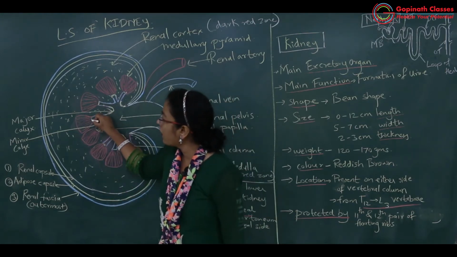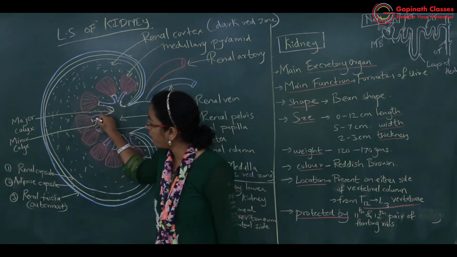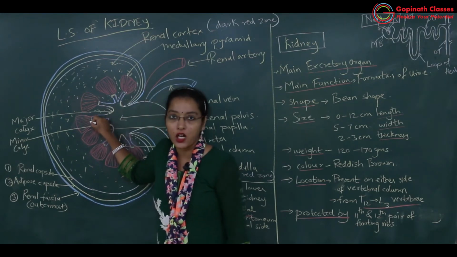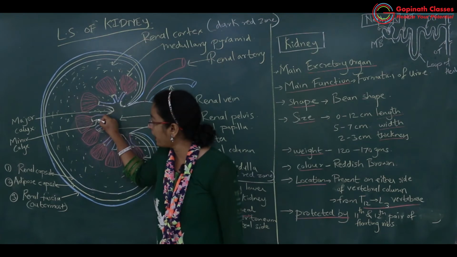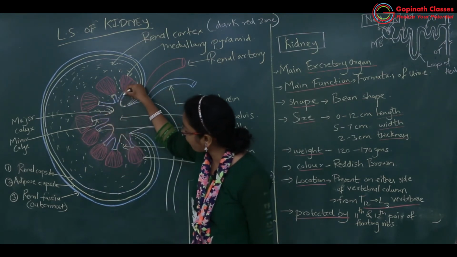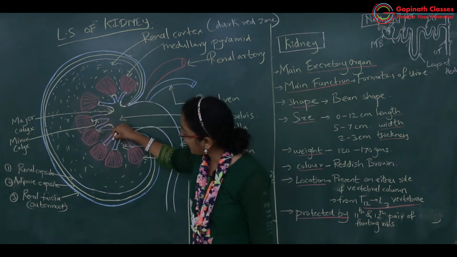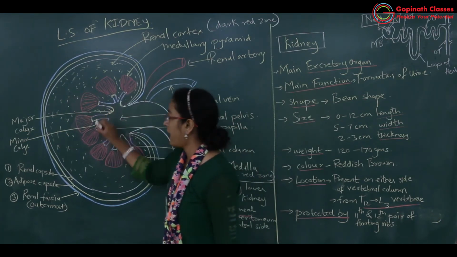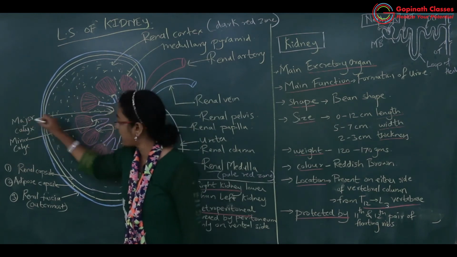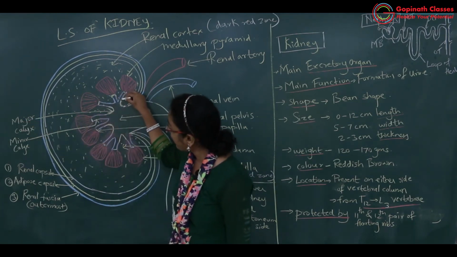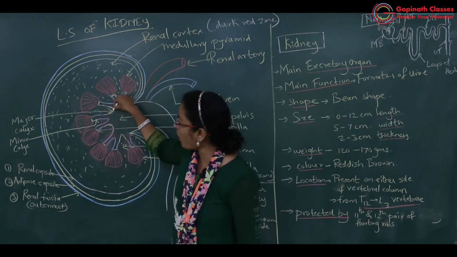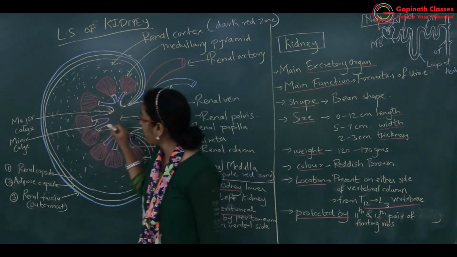So all the medullary pyramids are opening in the minor calyx through renal papilla. Okay, so renal papilla is opening in the minor calyx, and many minor calyces of the medullary pyramids are joining to form the major calyx. So this is the major calyx. Many minor calyces will join to form major calyces, and